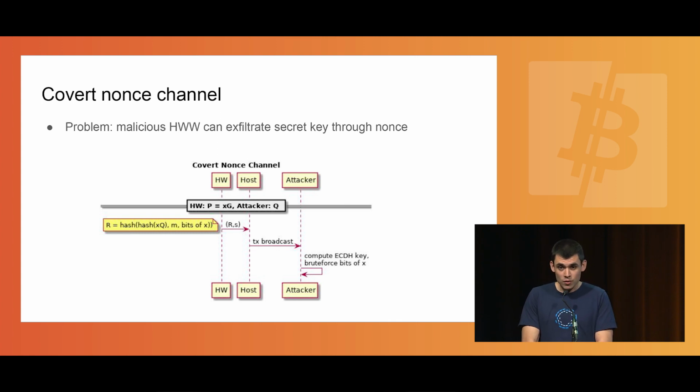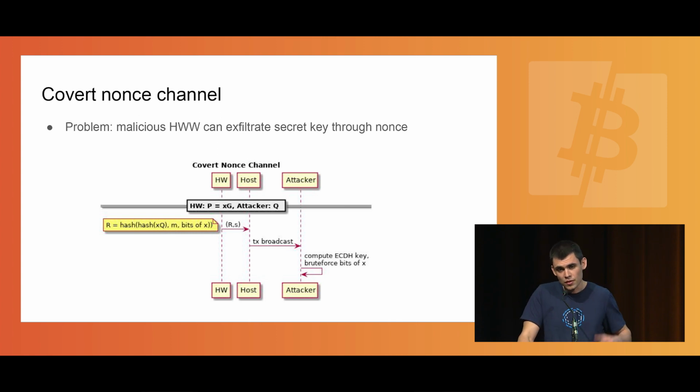So what we're also implementing in libsecp, this is independent of Schnorr signatures. It's also a problem with ECDSA. This is based on an idea by Greg Maxwell. A problem we have right now with hardware wallets is that there is the possibility to exfiltrate a private key through a nonce. So let's say you have a hardware wallet and you do a firmware update, and this was a bad firmware update. So suddenly your hardware wallet is compromised. Generally, the only thing that the hardware wallet has to communicate with the rest of the world are signatures. And there is actually a way to put a private key into the signature